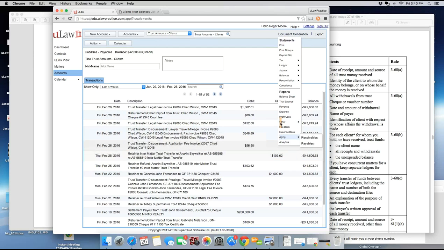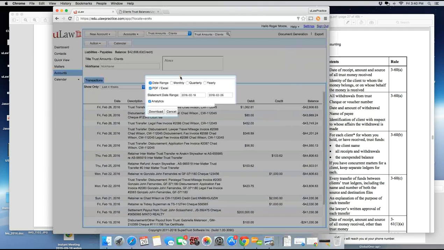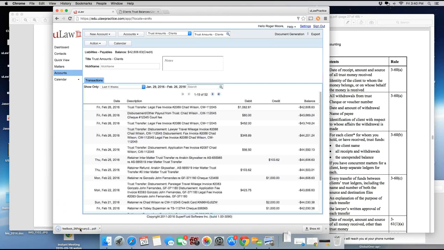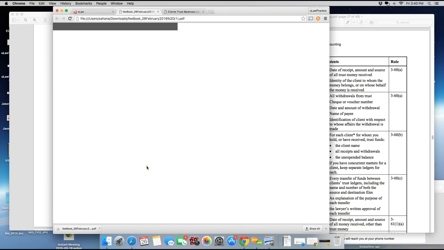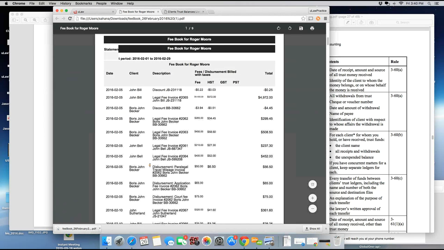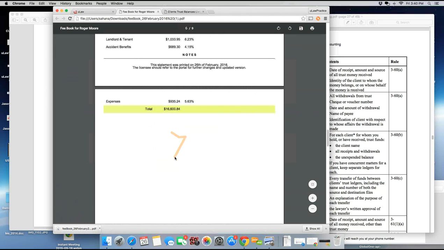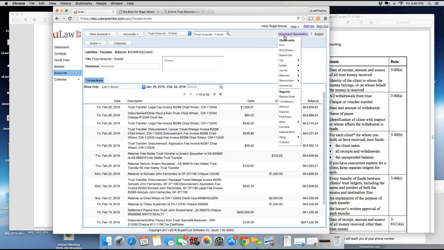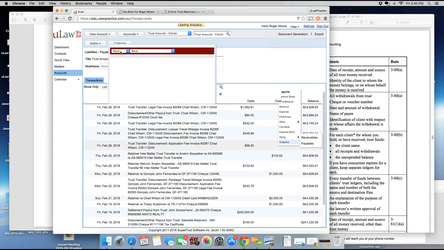Now, I showed analytics as part of the analysis itself. For example, when I did a monthly fee book, it did analytics for me in a very presentable manner. But we also bring analytics visually for you in graphics. For example, there's a monthly analytics view that we brought here. But if you want to see it on screen, you can do analytics right here. You can say, I want to do analytics of my accounting,